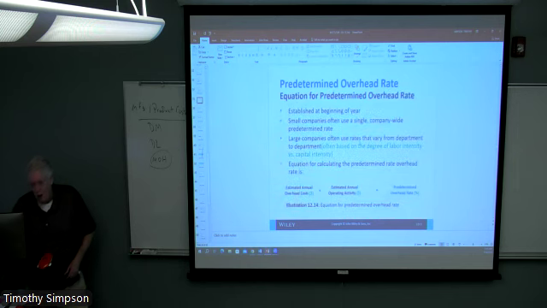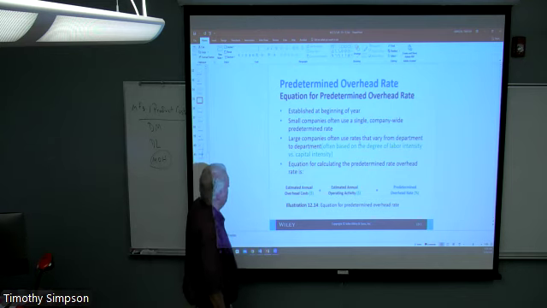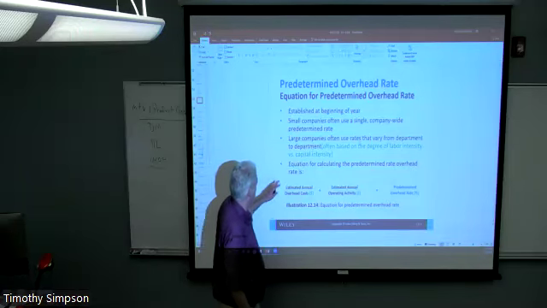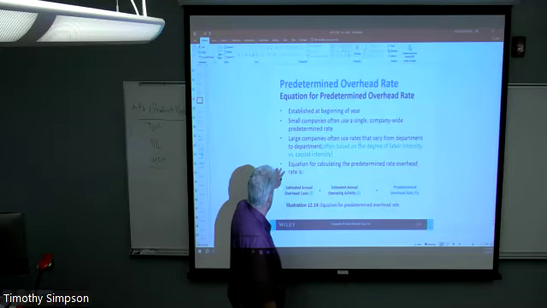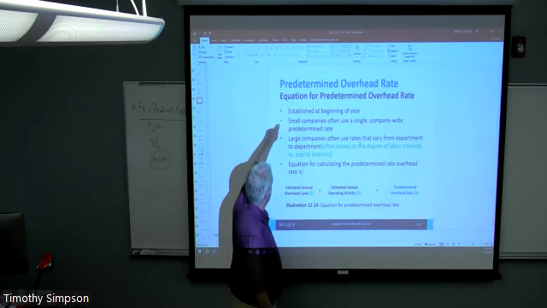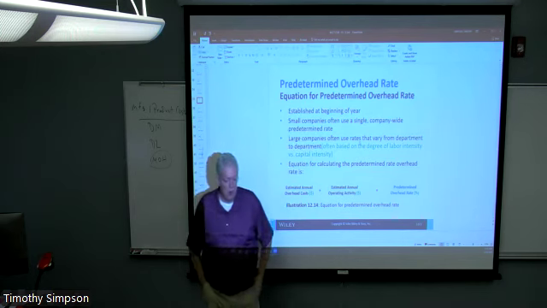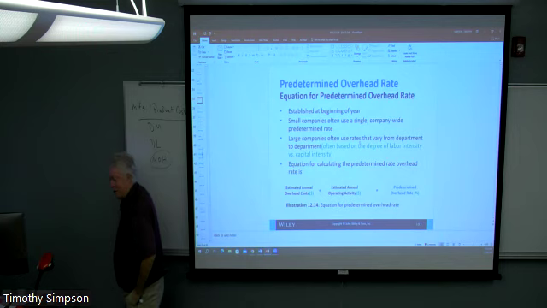Okay? All right, so let's talk a bit about the budgeting function. This is an equation for coming up with a rate, and arriving at a percentage here. So if we are going to use, I think it's labor hours, is the example we're going to use here, and we'll get to that in a second. But when we talk about this predetermined overhead rate, it's established at the beginning of the year, or what is more likely, I think, particularly for bigger companies, the ending of the prior year.